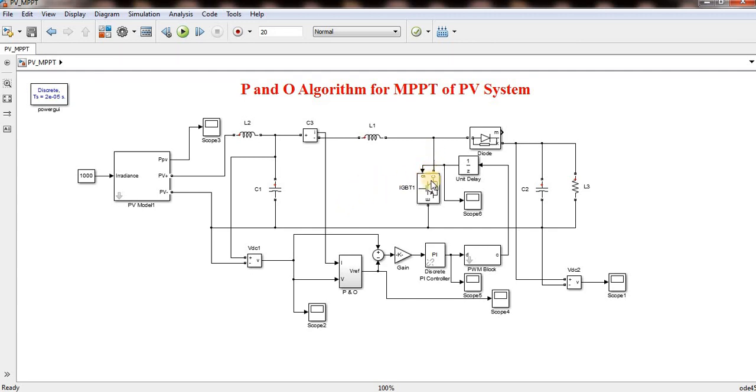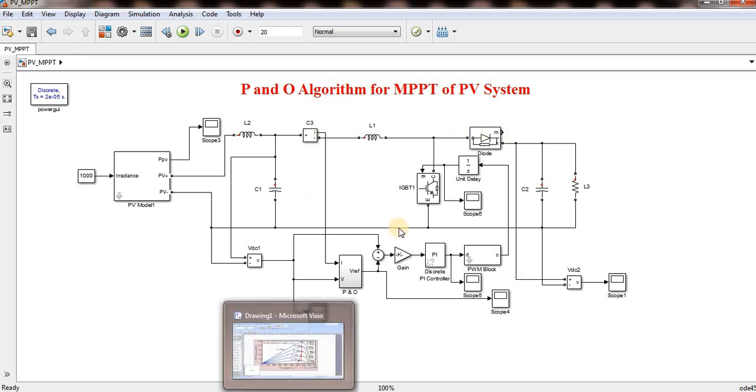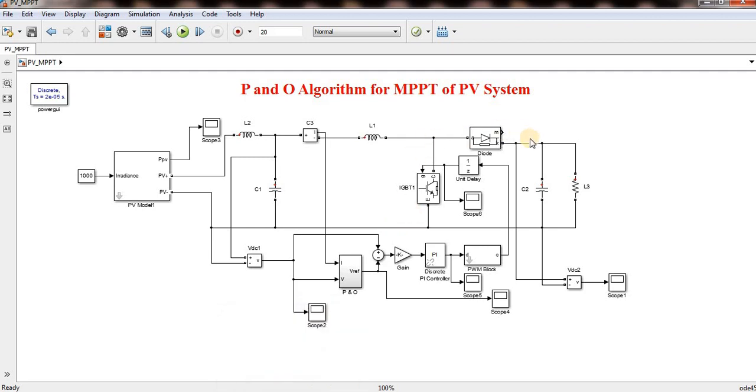I have to provide the particular duty ratio of this switch in order to get the maximum power, I mean to vary the voltage. If my power is more, I can increase my duty cycle. So voltage will increase, and once voltage is increasing, current will increase. If I consider the output, if voltage is increasing, current is increasing, so power will increase. So based on whether my present power is less than or more than the previous power,